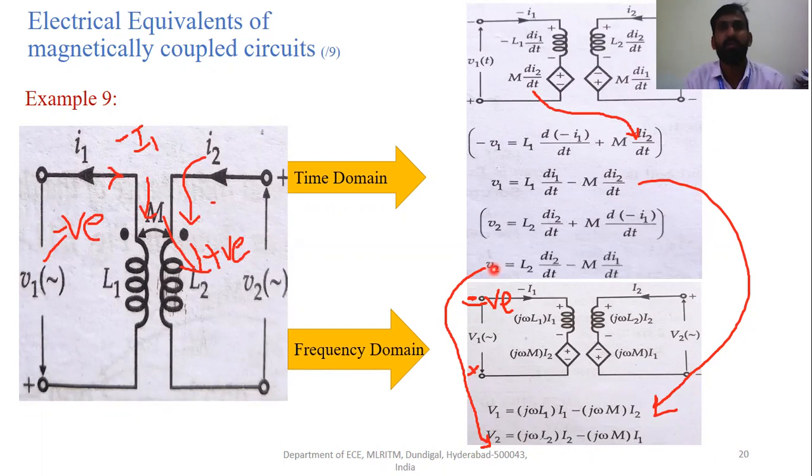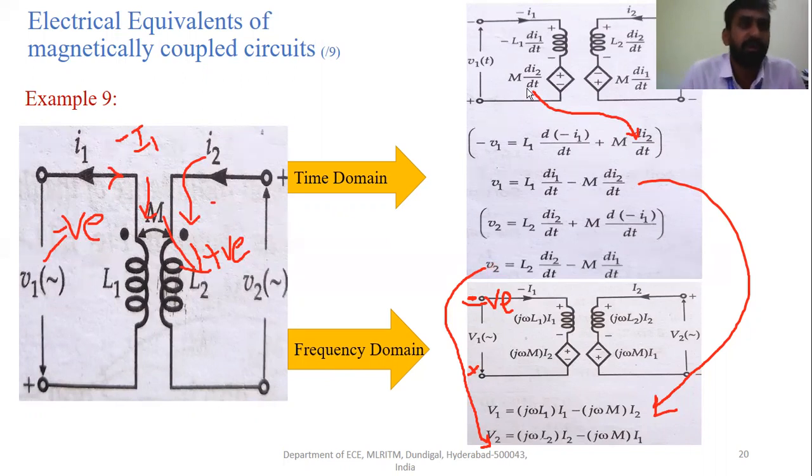And you have to very carefully observe the polarity of the voltages also, whether V1 and V2 in the mutually coupled transformer coils are positive or negative. You have to observe these points very clearly, and accordingly you have to model. Any minus or positive term can completely change your equation, because the term is going to be plus or minus. So you have to model very carefully here.